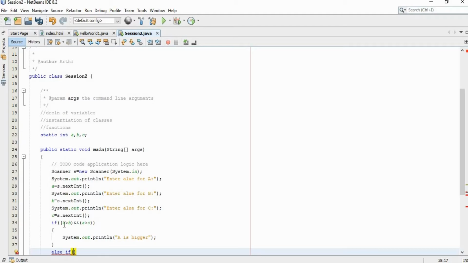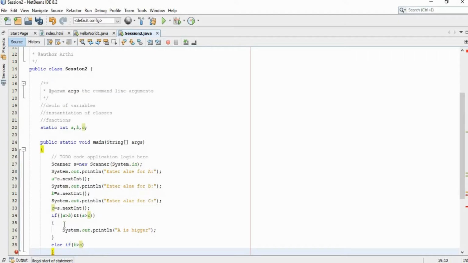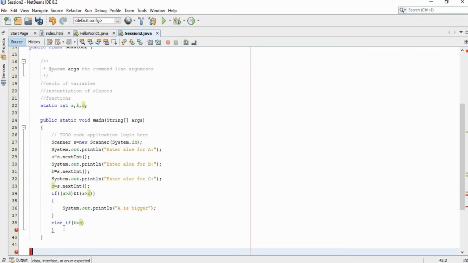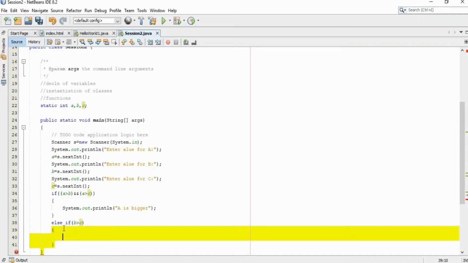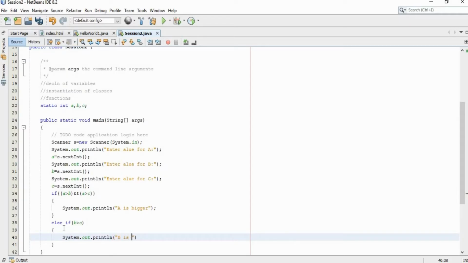We can just provide the condition as b greater than c. If this is true, it will print b is bigger.